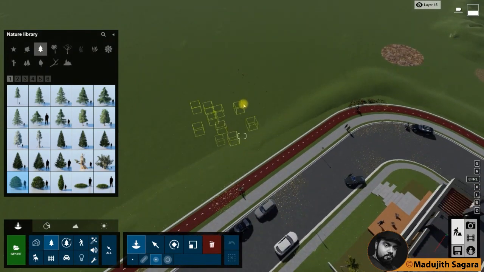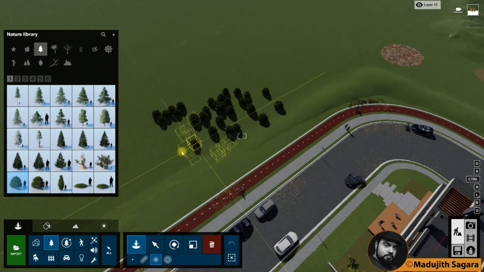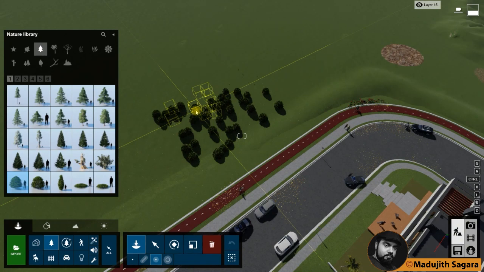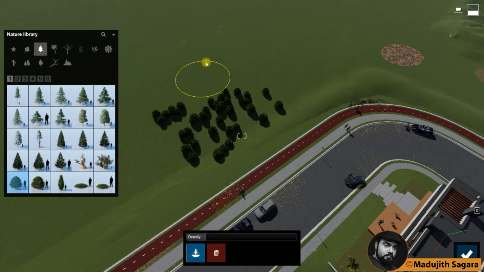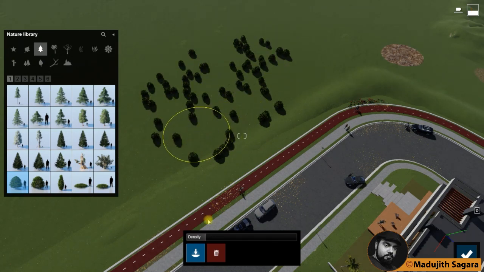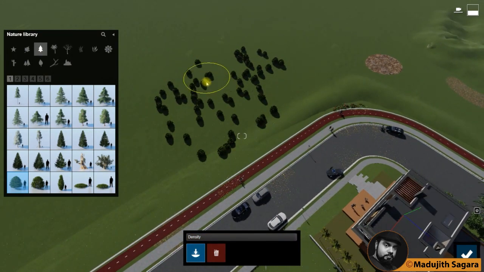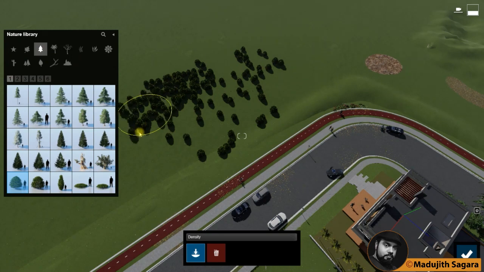You can place them as some sort of clusters, but think that you need to create some big forest. This is taking much time, but there is a special option available in Lumion 10 that is called paint placement. Click on this and you can paint it very well, and also you can increase the density also. Here you can see we are having a huge forest here.